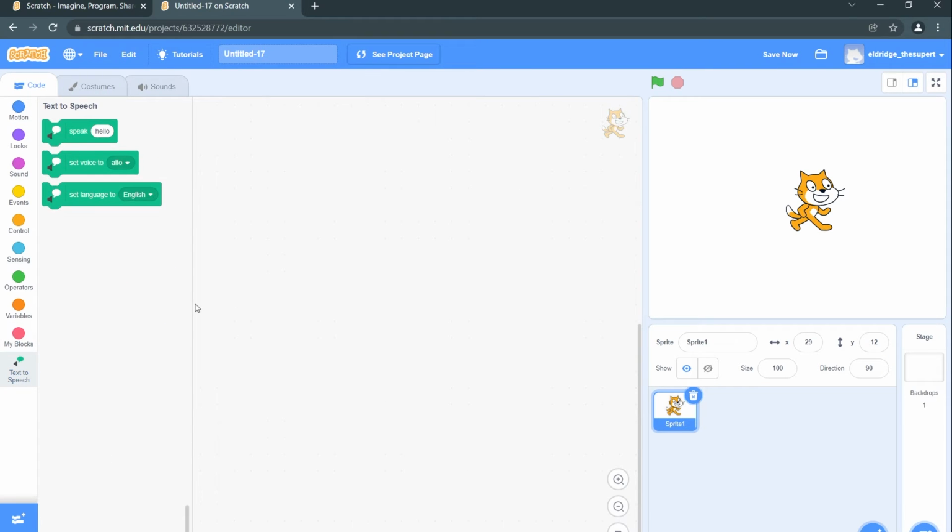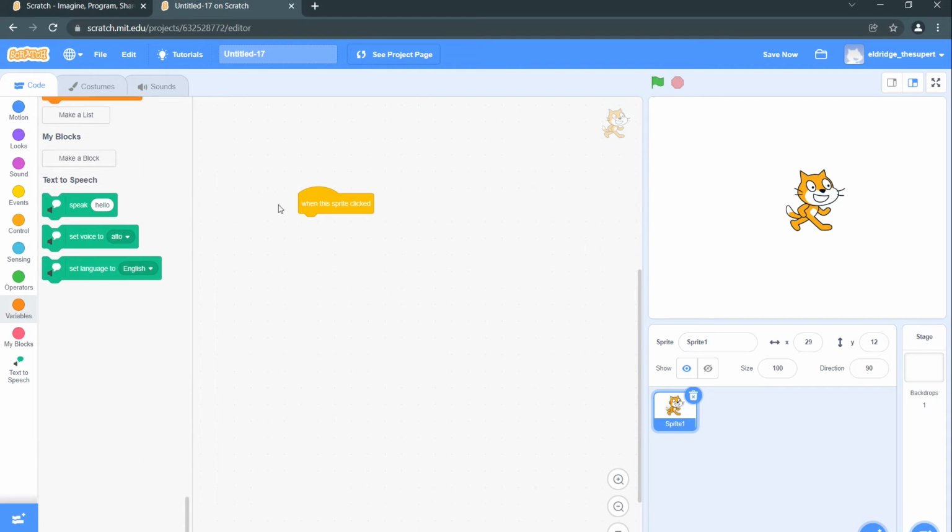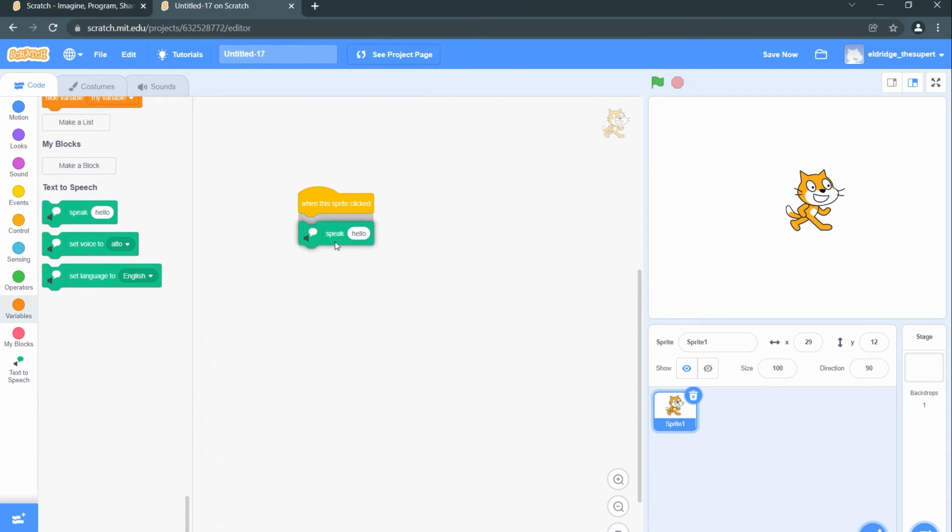Let's make our cat talk. Drag and connect the following two blocks. When this sprite clicked from the Events menu, and Speak Hello from the Text-to-Speech menu. Put them together. Now, click the white area in the Speak block where it says Hello and change it to My Name is Cat. Click on the cat sprite in the stage area and you should hear the cat say,